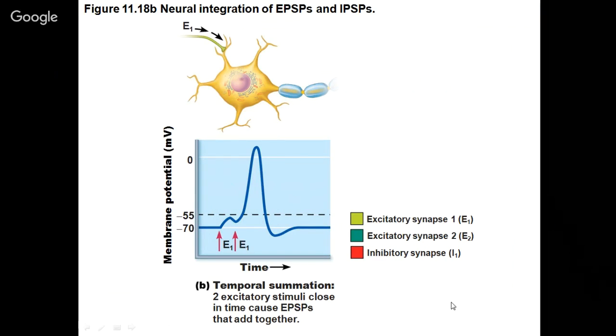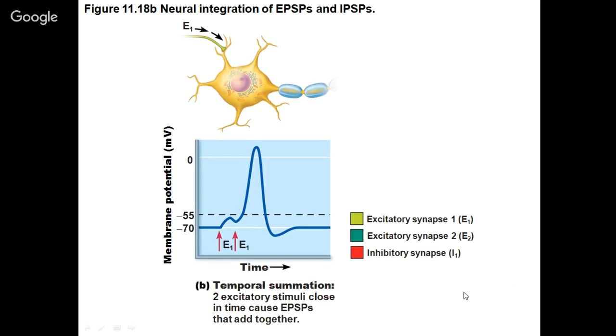Here you would see the temporal summation, where before the first one wears off, the second excitatory potential is added onto the first one, and that will shoot up over the threshold level and generate